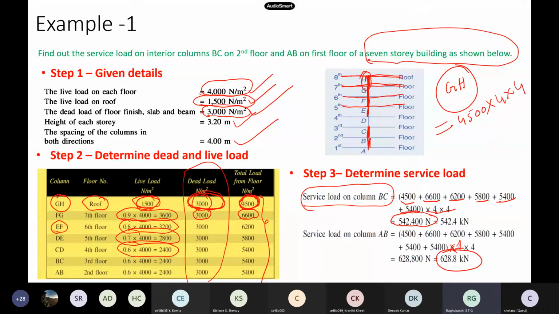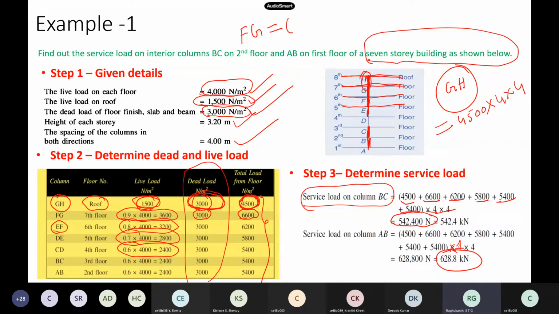Now what is the load acting on FG? Next column, FG. This portion. Tell me what is the load acting on FG? So 3,600 plus 3,000. No, the dead loads are both 3,000.